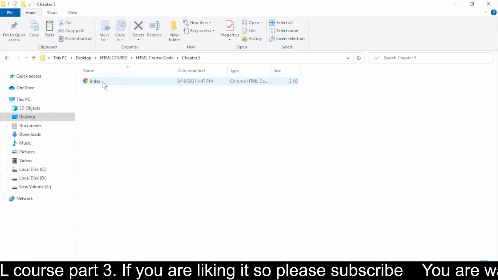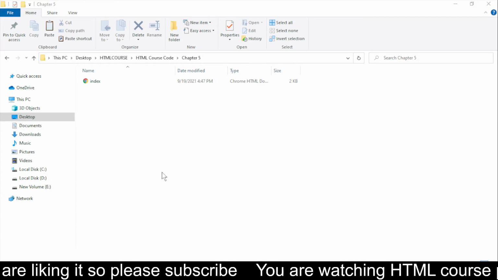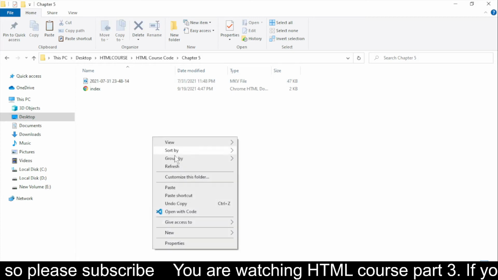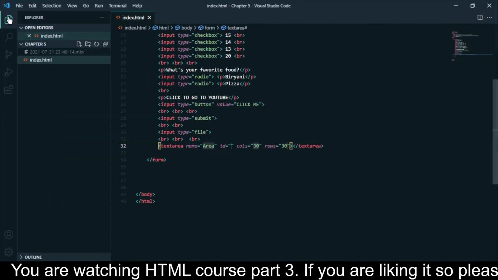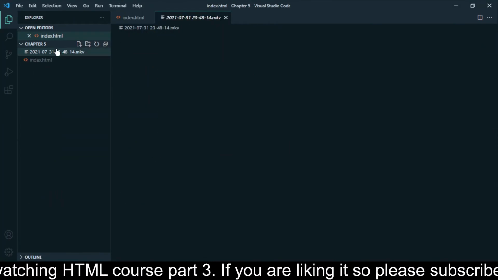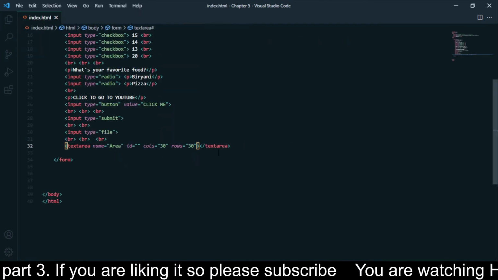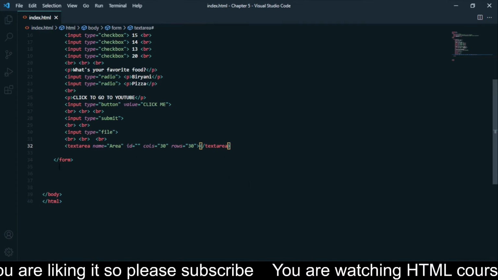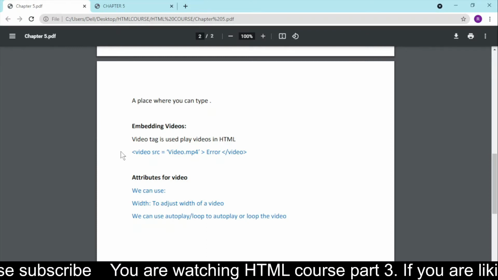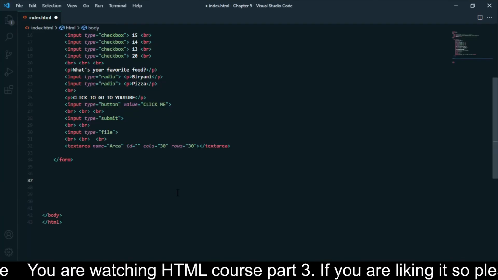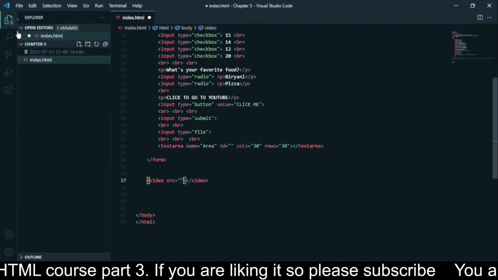I go back to my desktop. Okay, so here you can see the index, and here I'm going to just paste. Anyway, you can see I just refresh this. Okay, so if I go here, you can see this video. Now what I'm going to do is, not in the form, but here I'm going to make a video tag. So I'll say video src, and here I'm going to write the name of it,